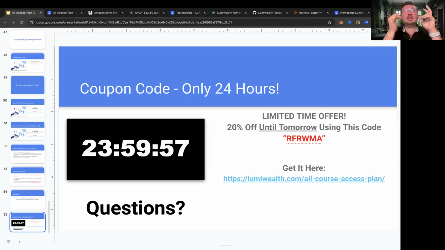So the Pro plan is going to give you access to live algo building sessions. It's going to give you access to our library. The All Access plan is going to give you access to more algorithms. We actually have more of them. We'll help you customize them. We'll help you set them up. We'll give you a lot of one-on-one support. So essentially, if you want to take this to the point where we can customize it for you, that's going to be the All Access plan.